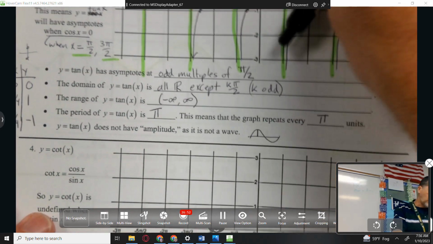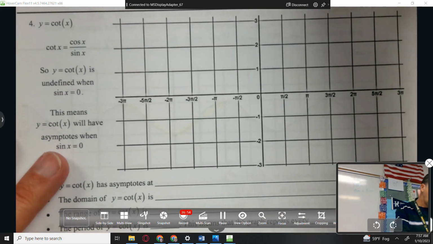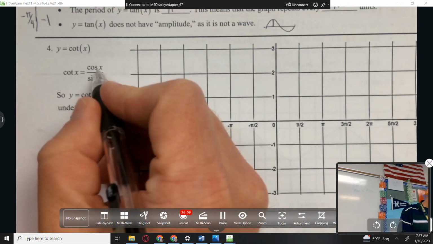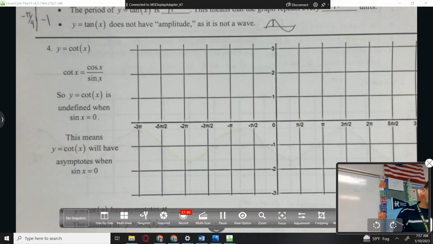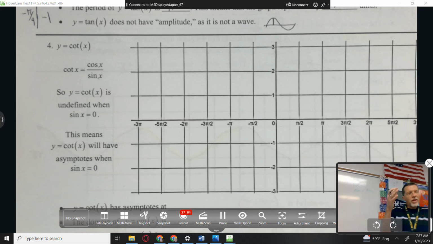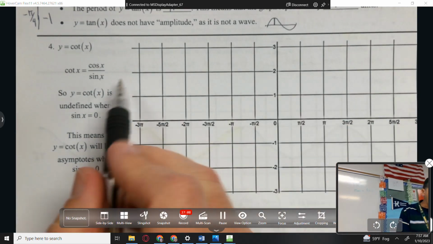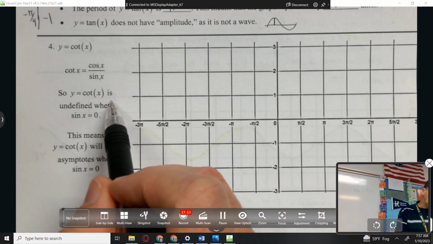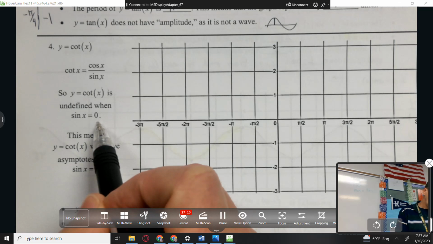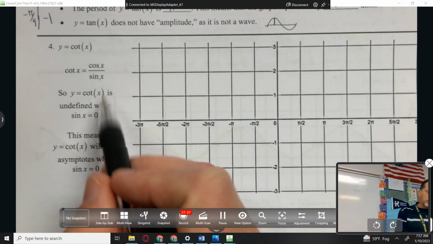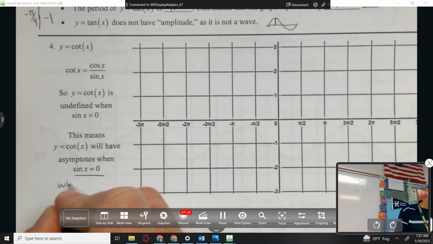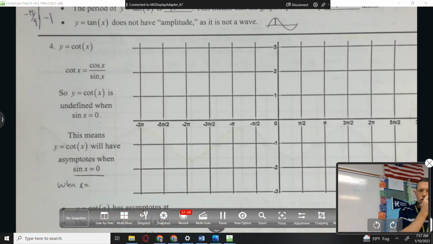All right, cotangent. Y equals cotangent. Cotangent is cosine over sine. By the way, like that whole thing we did about tangent, we're going to now do for cotangent. So it's going to sound familiar, but it's going to be different because things are backwards. Cosine over sine. Cotangent's undefined when sine is 0. And if something makes the bottom 0, there's an asymptote there. So sine of x is 0 when x equals